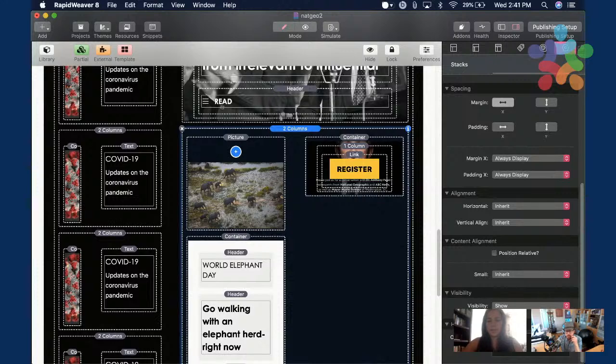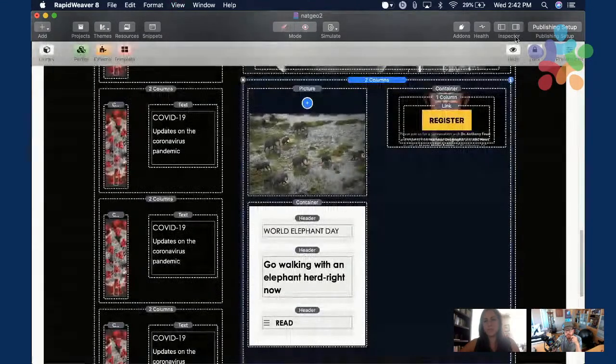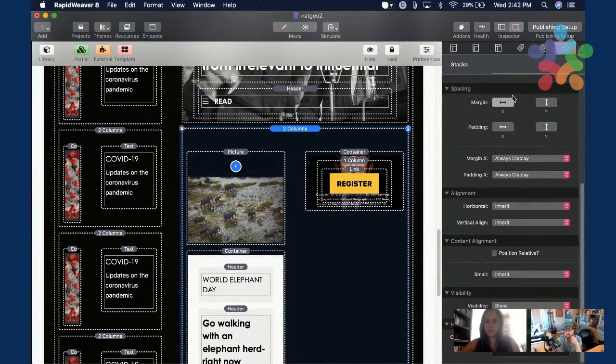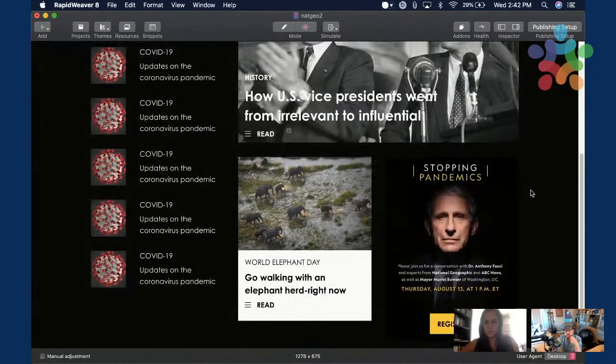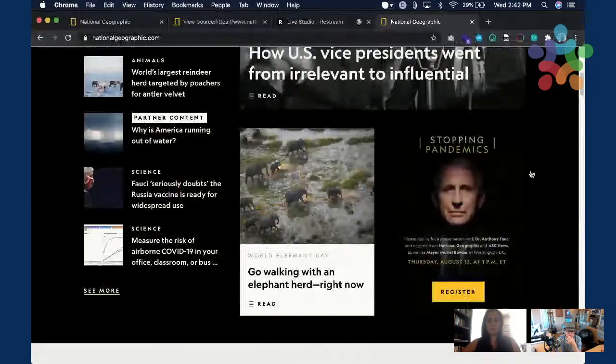PB colon 32. Oh, no, not PB, sorry, PT. There, it looks pretty much the same, right?